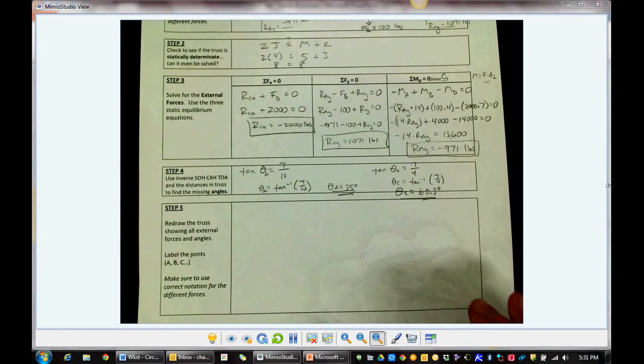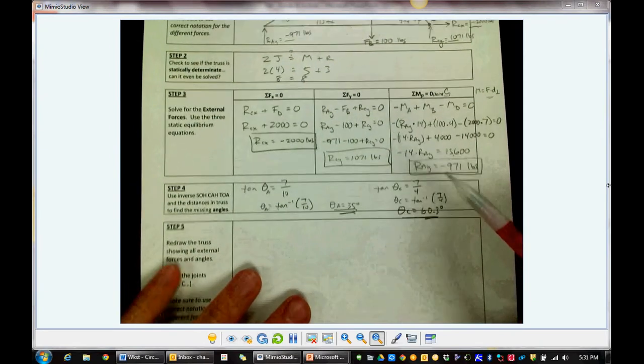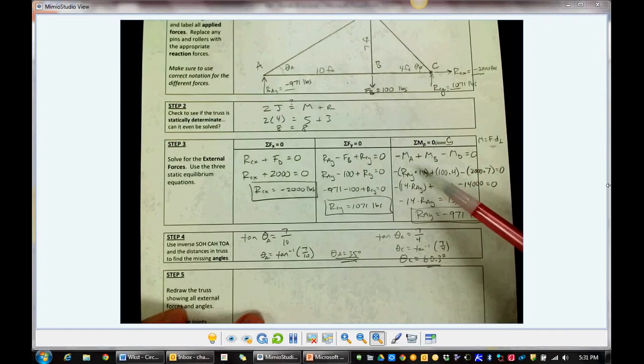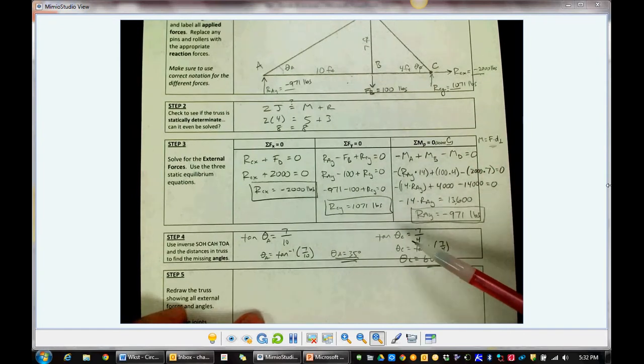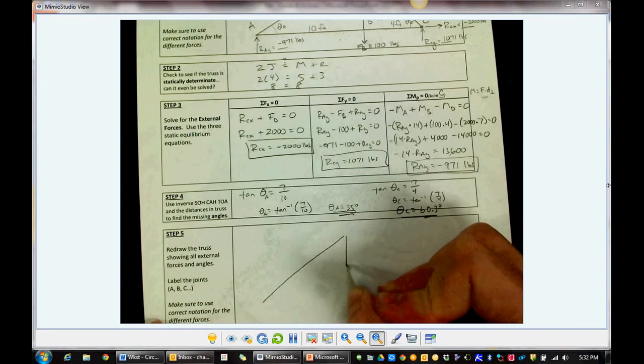All right, step 5. Now we're going to redraw the truss showing all external forces and angles. We no longer need the distances. The distances up here were used in the moment equation, and they were used to find our angles, but we won't use those anymore, so you don't need to clutter up your next redrawn picture with those. So let's get to this here. We've got this truss,